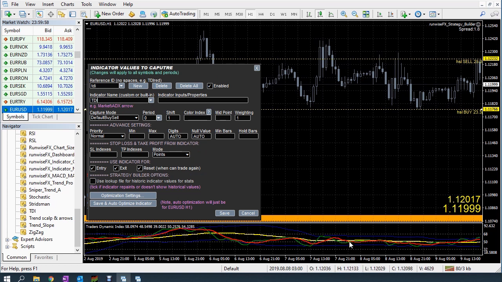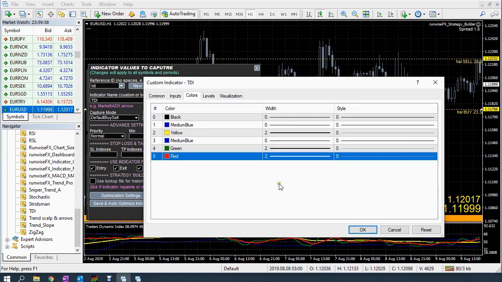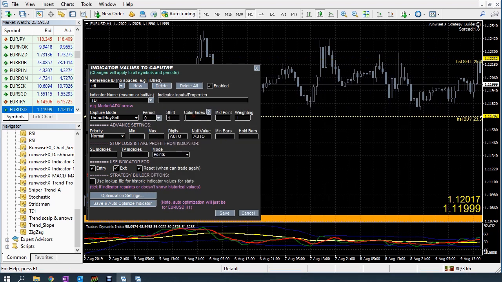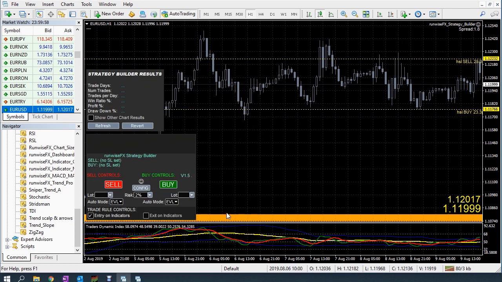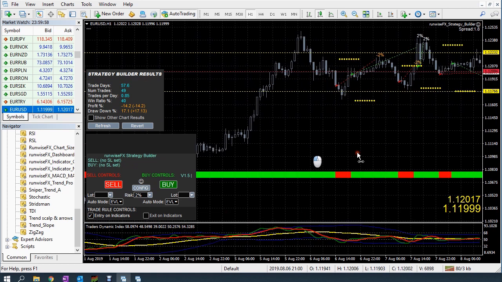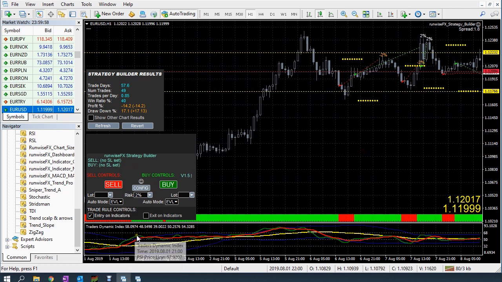Now let's have a little look at the properties. The green is color index 4, so let's put that in, color index 4, and now this is where we start to use this midpoint box. This midpoint is the transition point between buy and sell, which as we mentioned was 50. So if we click that and save, now it's just going to look at that green line, so we can see now when it's crossed over the 50, got the green,